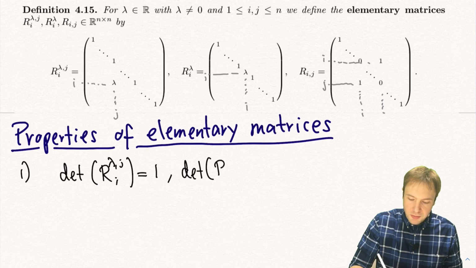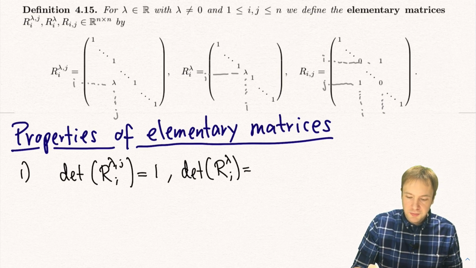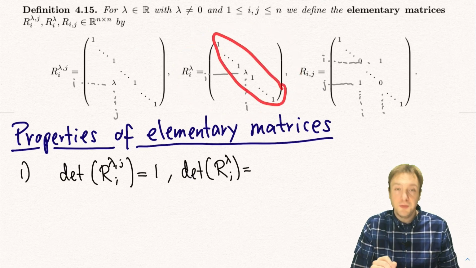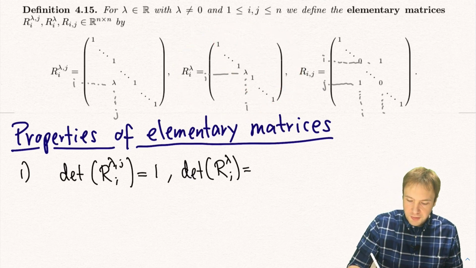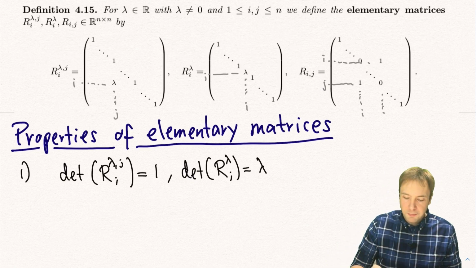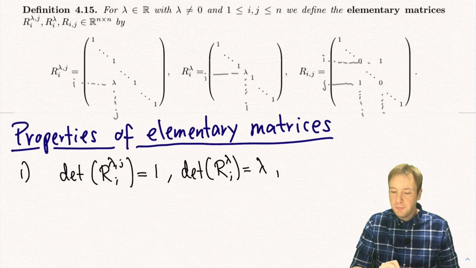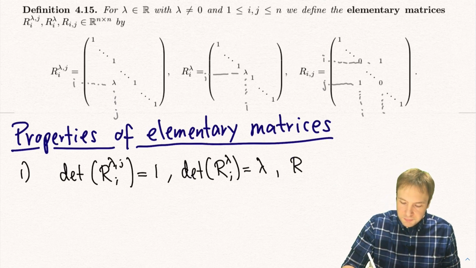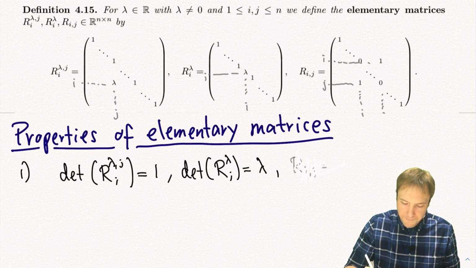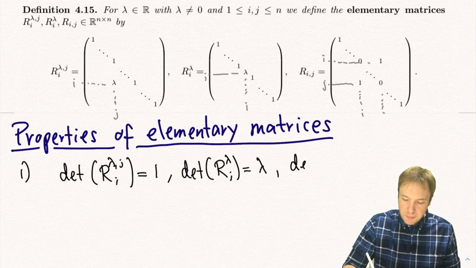Then the determinant of R lambda I, with the same argument, the determinant of this diagonal matrix is just the product of the elements on the diagonal. So in this case, this is just 1 times 1 times 1, and at some point we multiply with lambda, so the determinant is lambda. And here, for the determinant of this, Rij,